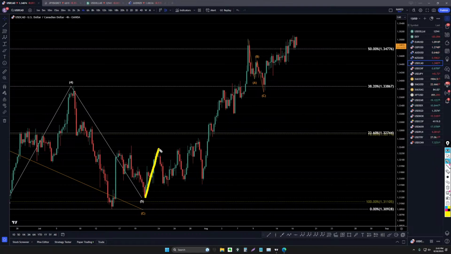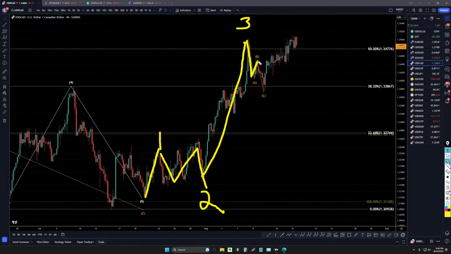I think that someplace in here we got a 1, this is like an ABC of 2, this is a big wave 3, this looks like an ABC of 4, and this big move up right here is probably a wave 5. If it does go down and break structure, we'll know that wave 5 is over, and then I think we're going to go down and make a pretty good size correction, which would at least take out